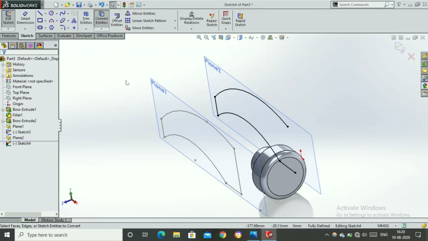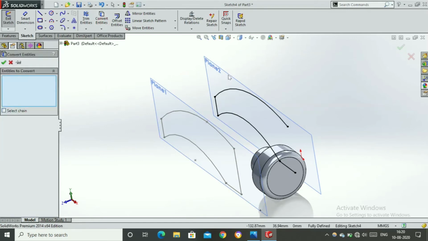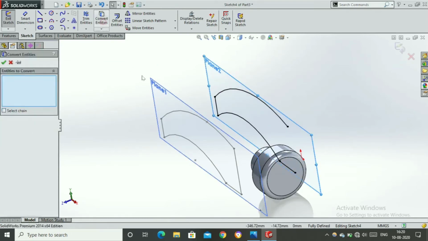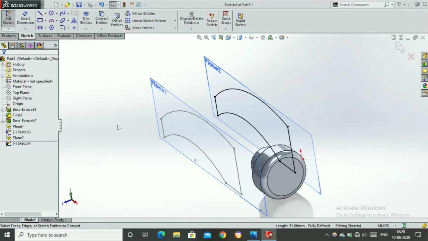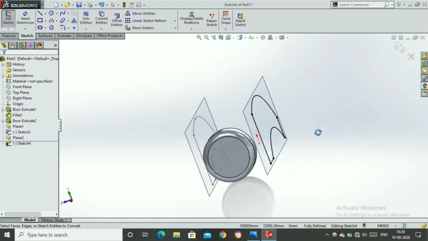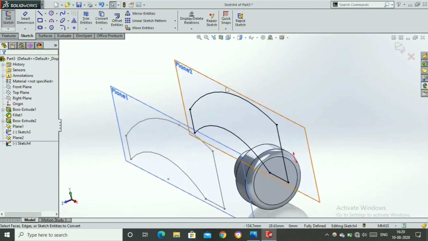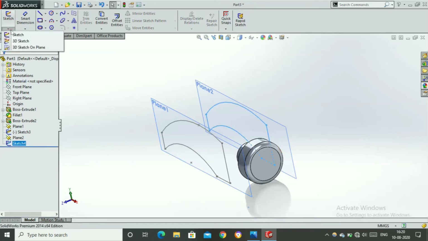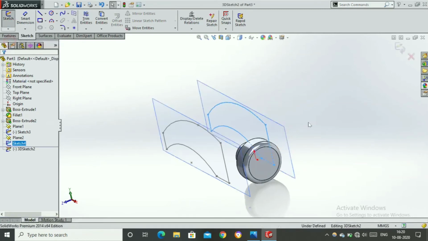Okay, convert entities. Okay. Okay, now let's exit from the sketch, go to 3D sketch.